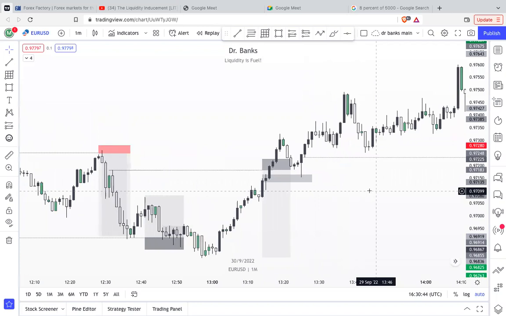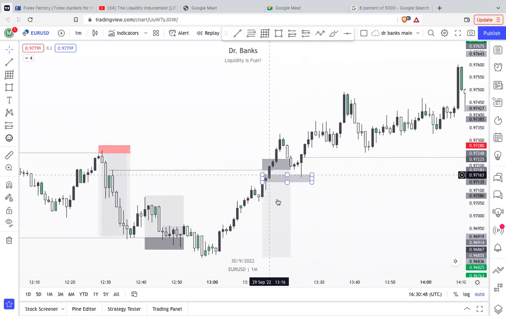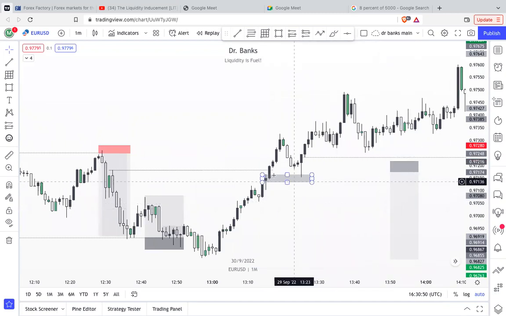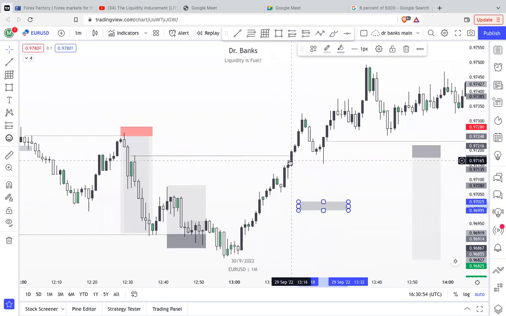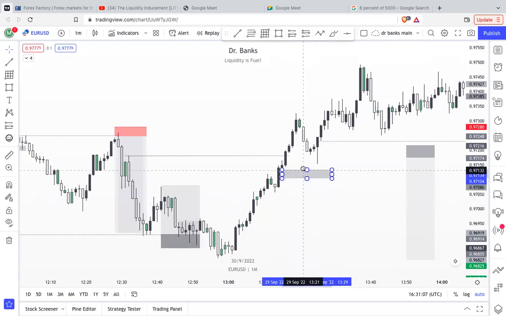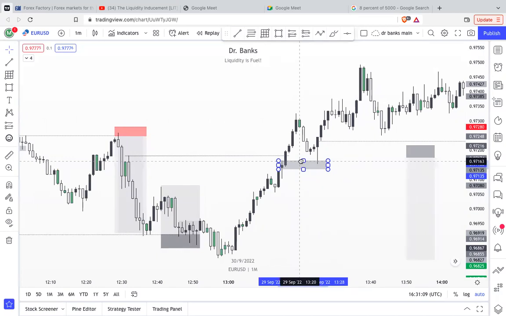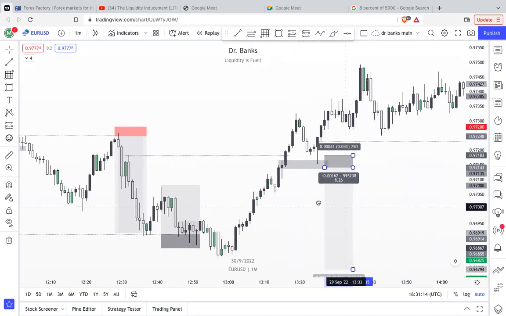Now, after it had done that, this low is protected. Why? Because this is some sort of imbalance, between this candle and this candle. So when this wick came down into this point, it had already grabbed liquidity from inside of these areas. Okay, so there was already a grab on internal liquidity. There was no need to look out for inducement points at this level. So grab on internal liquidity, and then it continued